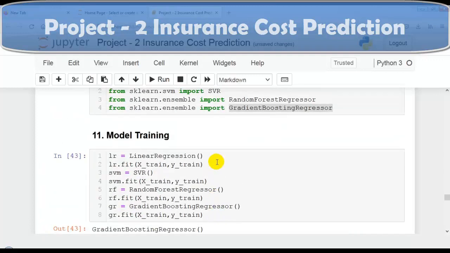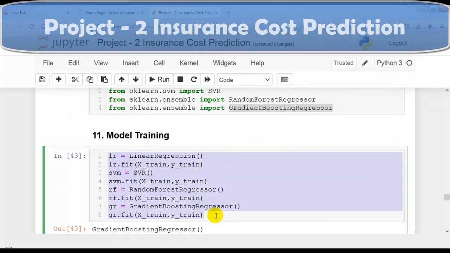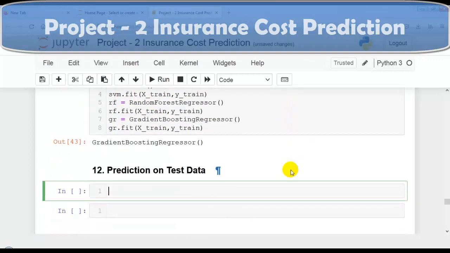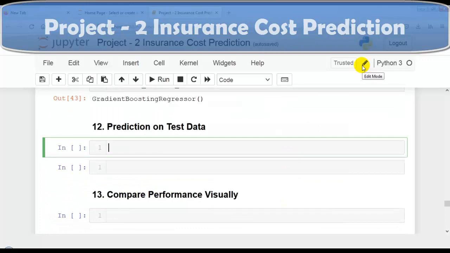As you can see over here, our models are successfully trained. So this way we can perform model training using the fit method on X_train and on Y_train. Now our next question. In this question, we are going to perform prediction on the test data, using X_test, which is unseen samples. Let me create variable ypred1 for our first model, LR, linear regression, and perform prediction on these unseen samples, which is available in X_test.